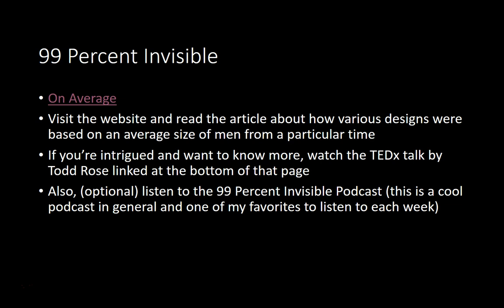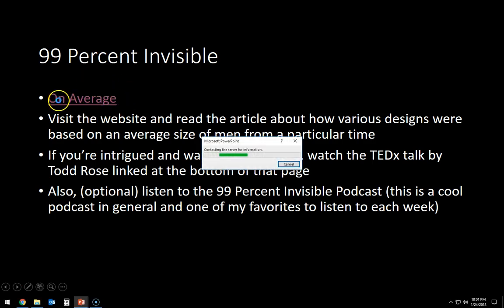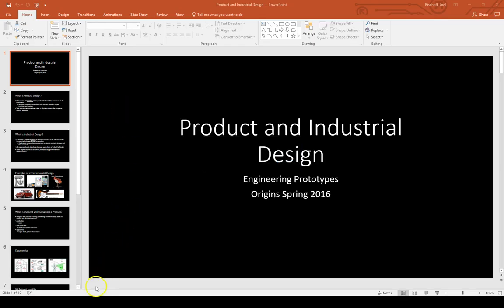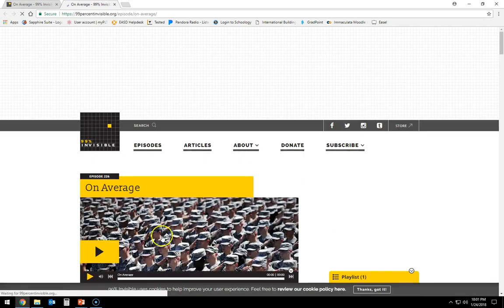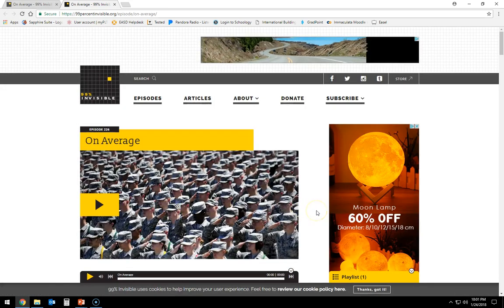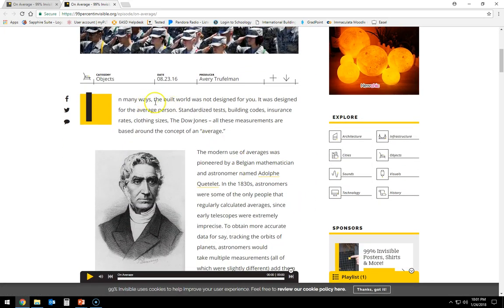The desk that you're sitting at right now, the computer that you're staring at, all of that has had some sort of iterative design process, but we sort of just take that for granted as this is the next best thing, the next newest thing. So if we visit the On Average podcast page here, I want you to read down through this article,